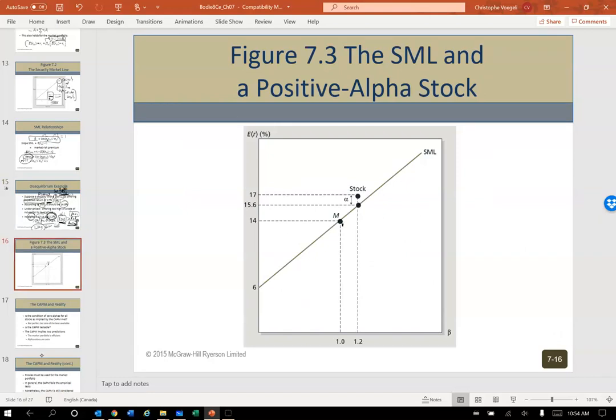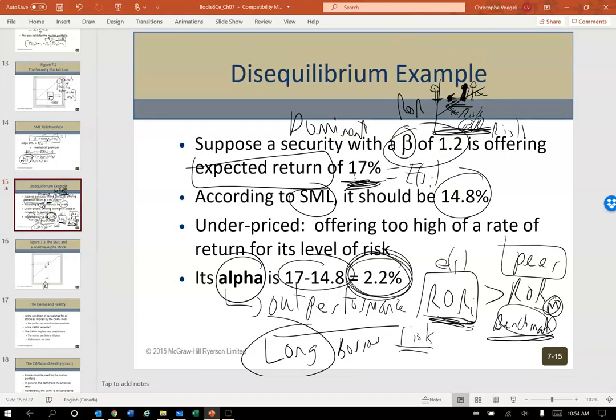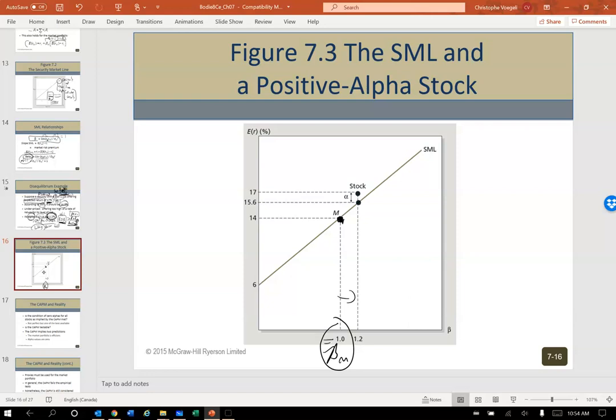So there we go. If the market is here, remember, what's the market beta? The market beta is always 1. Don't forget that. And this stock is a little bit higher risk. Maybe it is a Microsoft. Okay, don't quote me, but maybe Microsoft has a higher beta than the market, especially in its earlier years. So of course we expect a higher rate of return. And I think this is a typo. The SML says it should produce 14.8. So I believe they're trying to indicate, unless I'm missing something, for simplicity, let's call it 14.8.